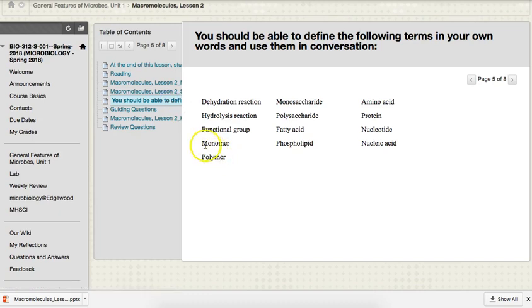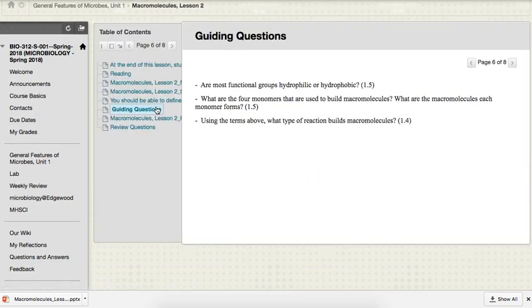I've listed terms that you should be able to define that will be covered in this particular lecture. Then there are questions that you should be able to answer, and the guiding questions are ones that I feel, given the mini lecture, you should be able to answer before you come to class. If you're unable to answer them,